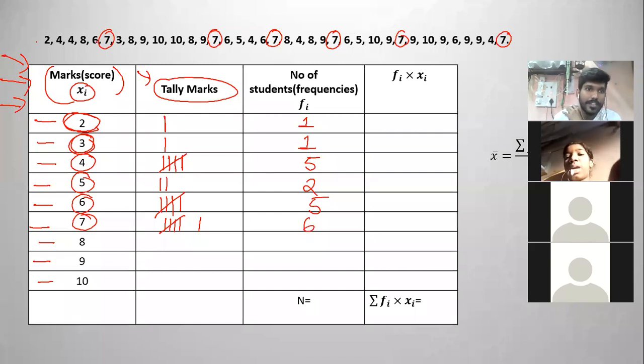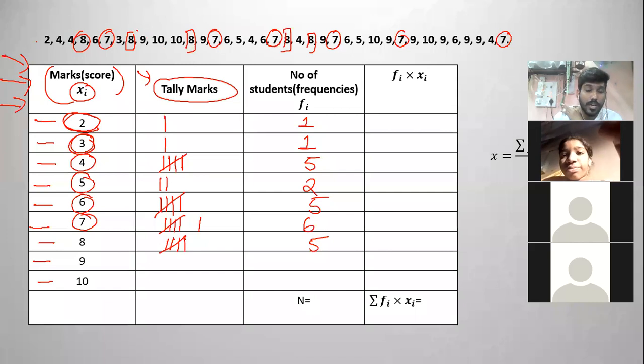Same thing you do for 8 now. This is 8. Put one line here. There are 5. But go stepwise. Directly don't say it, just do the tally mark. Second one, third one, fourth one here, and then the fifth one will be cancelled like this. So these are 5.